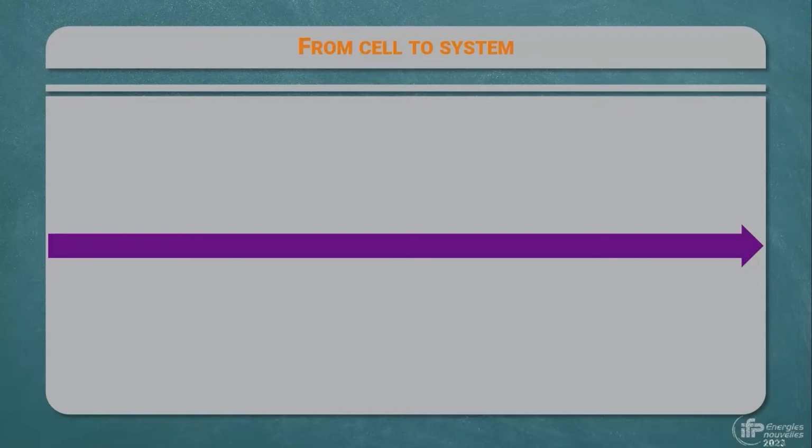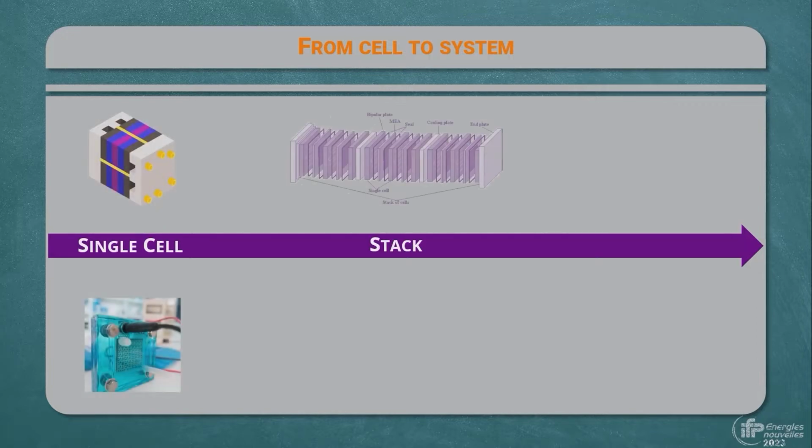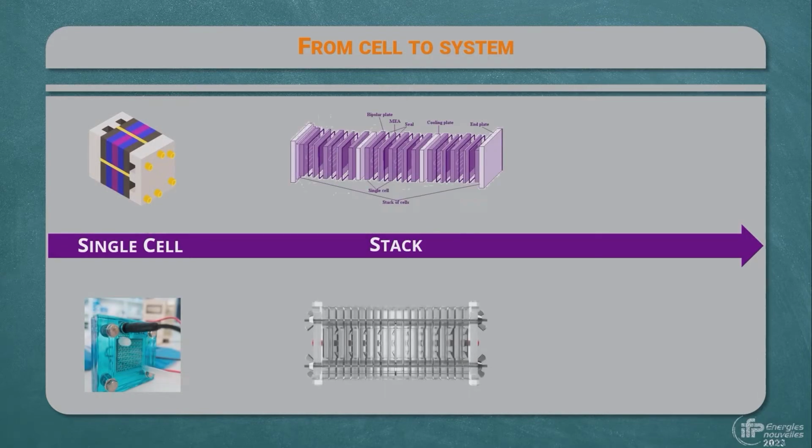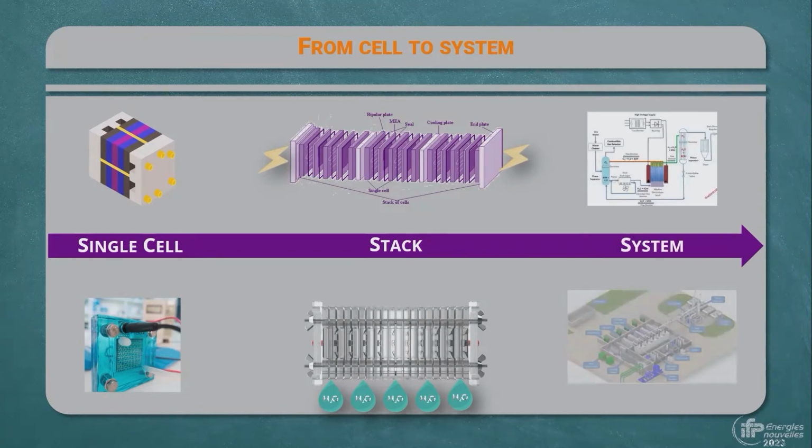In order to increase the surface area without having to design cells of several square meters, single cells are stacked up to form a stack. The cells are in an electrical series circuit, but are supplied with water in parallel. To further increase the power, the electrolyzer system can contain several stacks. To supply the stack, a balance of plant, BOP, completes the system.